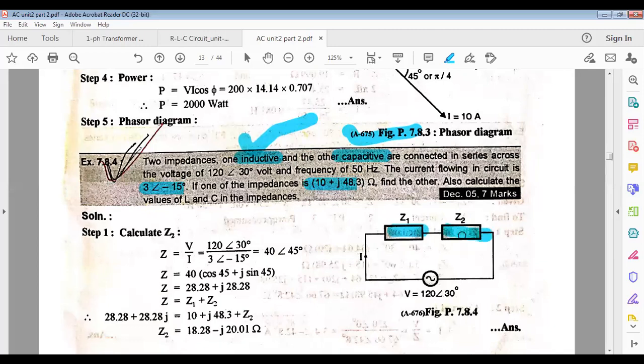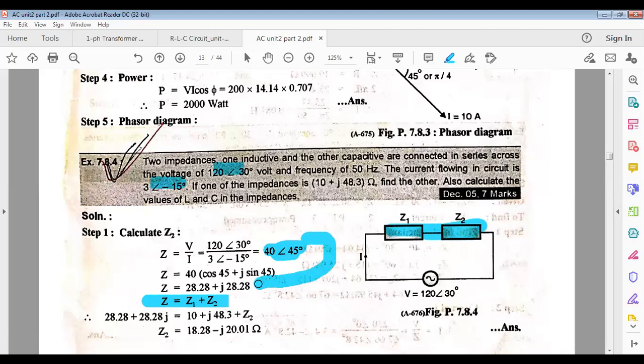Now here see, total voltage is given to you. Total current is also given to you. So take V by I, you will get total impedance. So total impedance is what? Z1 plus Z2. Two impedances are connected in series. Put the values here. This one you can convert into rectangular. See, this one is the rectangular form. Put it over here. Z1 is given in rectangular. So Z2 in rectangular you can calculate and you can convert it into polar. So we got Z2 also, and L and C you can calculate easily.